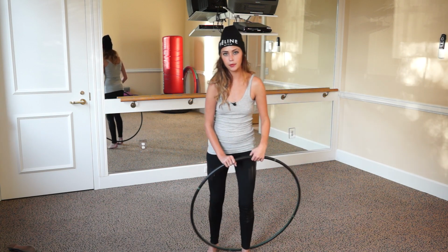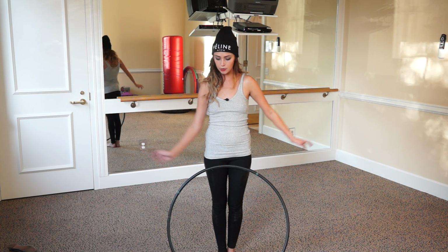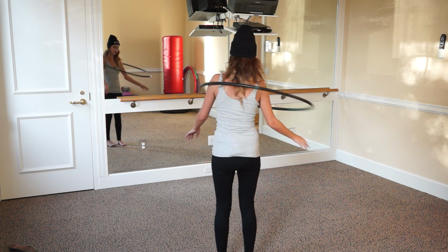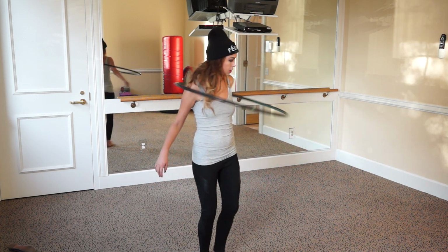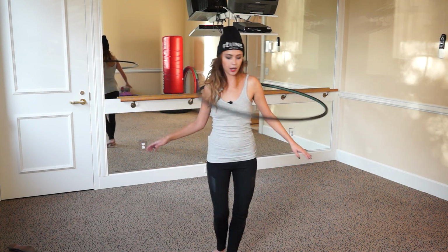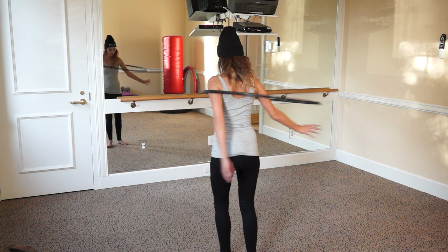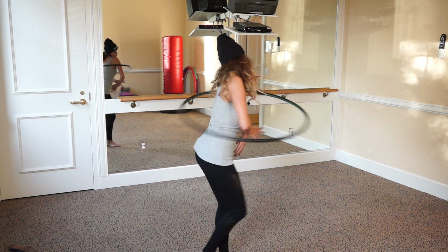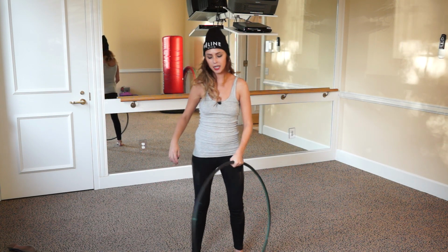So without your hoop, think about how you want to place your hands. So it's kind of like bump the hoop, wrap, bump the hoop, wrap. So when you're doing it, you can add paddles and breaks, but I'm going to just simply keep it with shoulder hooping. And we're going to wrap our arms, unwrap, wrap our arms. Now you can do that in any variation you want. So pretty much it's up to your style how you want to wrap your hands across your body, but it's